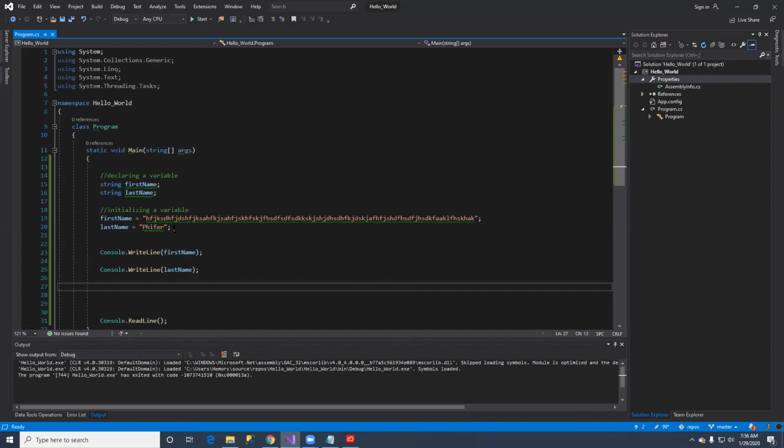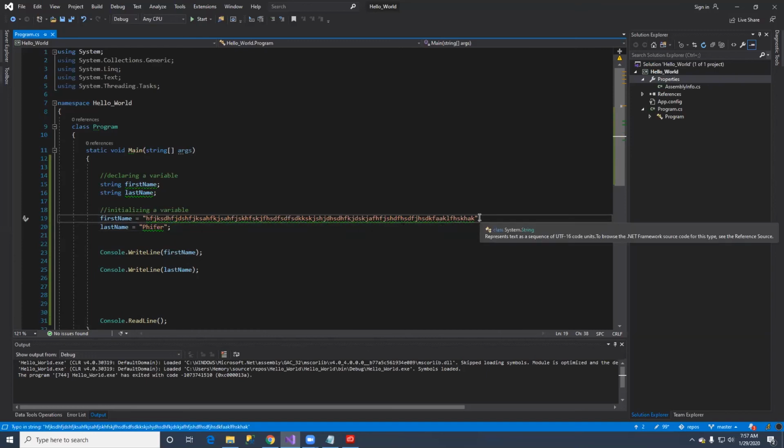All right, so I hope that hits home there. The last thing we are going to do here is we are going to work with concatenation. Now, you're probably wondering, first of all, what is concatenation? And second of all, why do I need it? So concatenation is the adding of two different strings, right? In this case,